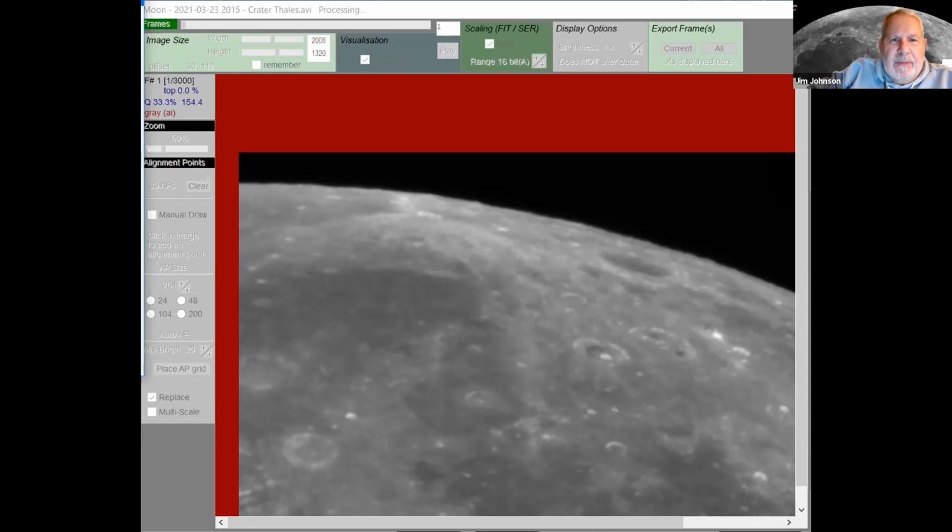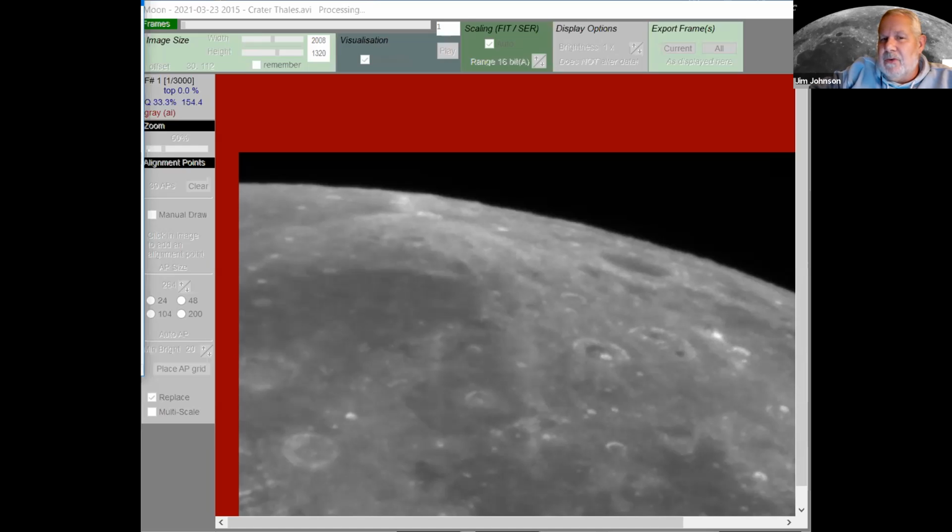Let me talk about the sharpen just a little bit. I did an experiment with that. I set the number of frames to stack to 1, 30, and 300. My theory was that if I just stacked 1, it was going to be my best frame and it would look pretty good. If I stacked 30 frames, it would be maybe down here and that would look pretty good. And if I stacked 300 frames, I might be down in here.